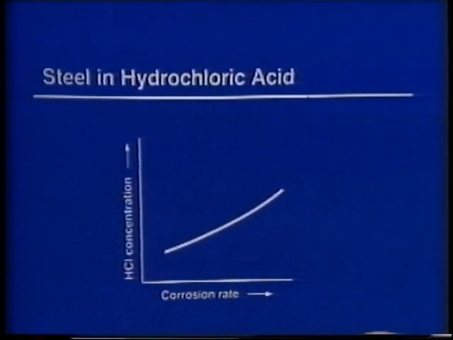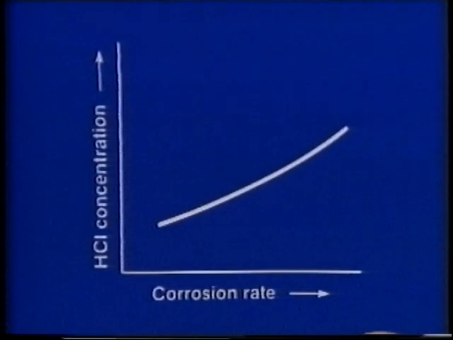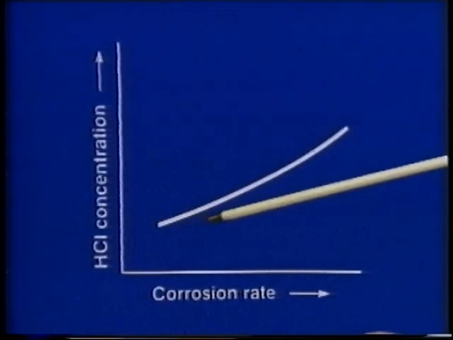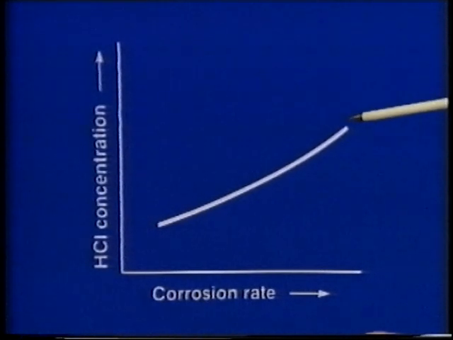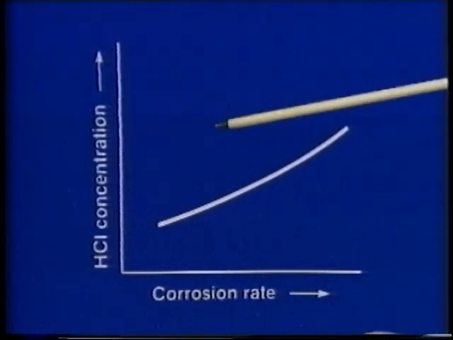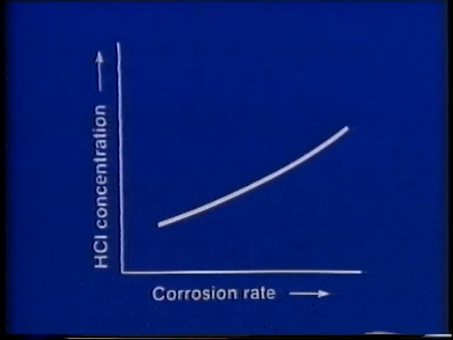Hydrochloric acid is a highly reducing acid. There's no stable film that forms on the steel, and so we see no passivation and no retardation of the corrosion rate as the concentration increases. The corrosion rate continues to increase with acid concentration. We don't form any insoluble film, so we don't see any passivity in this particular steel in hydrochloric acid. The use of inhibitors can be very effective in controlling